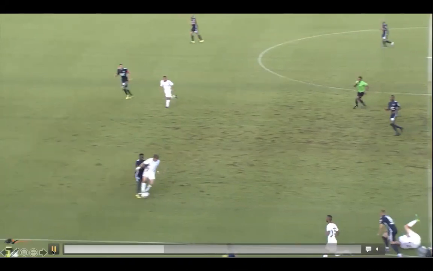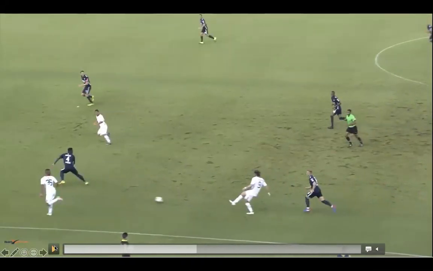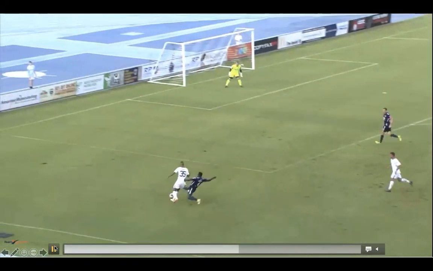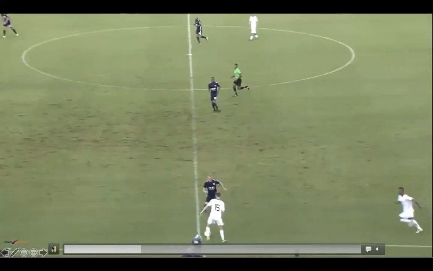And as you can see here, they have to turn. There have to be a couple more phases of play before the real actual advantage happens. And then it doesn't end up even happening. So that's why I think at the end of the day, when you see a foul like this, unless that player right before he got fouled put a through ball in where someone's going into a clear and obvious attack, just call the foul here. Because that's a reckless challenge, needs to be a yellow card.